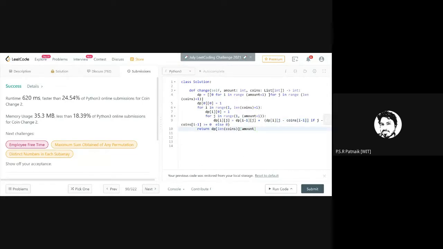You can reduce comparisons somewhere here. If I sort these coins, whatever the coin list I have, if I keep this coin list sorted in reverse order, then I think unnecessary comparisons would be avoided, right?